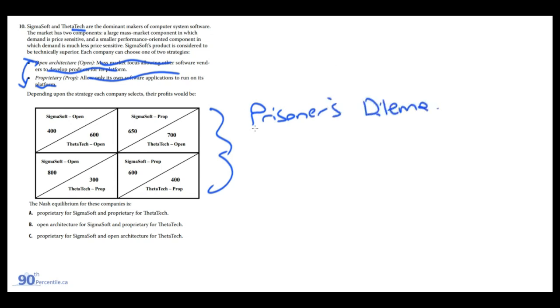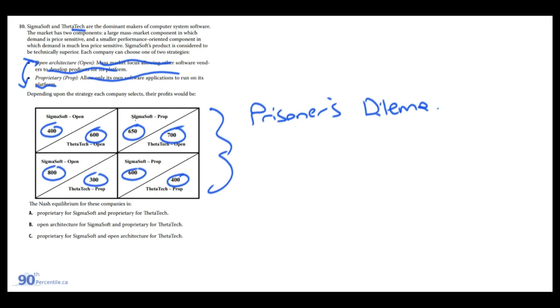So it's kind of a game theory concept where two parties, or in this case, two firms, two competitors, make their decision while considering what the decision of the other firm will be. So given the decision of somebody else, what would be your best decision? In this little matrix here, we have the different companies, Sigmasoft, and then either open or proprietary. So there are two decisions they can make. And then we have the values in here, which are their profits, depending on which